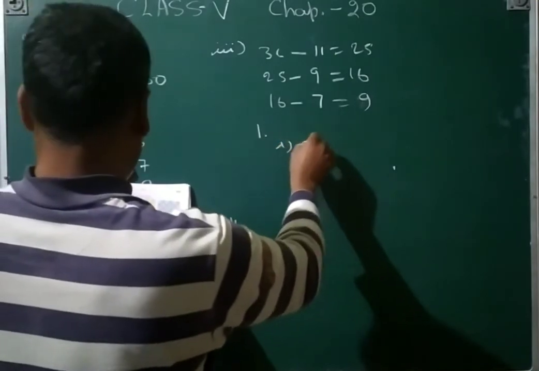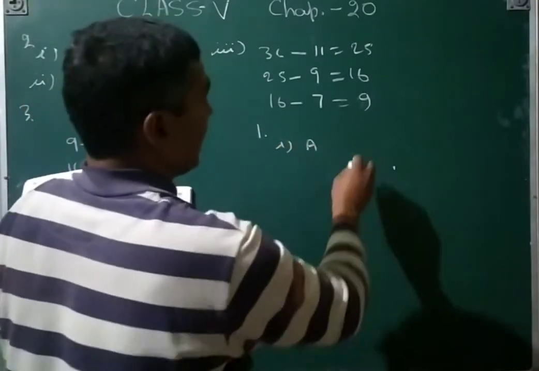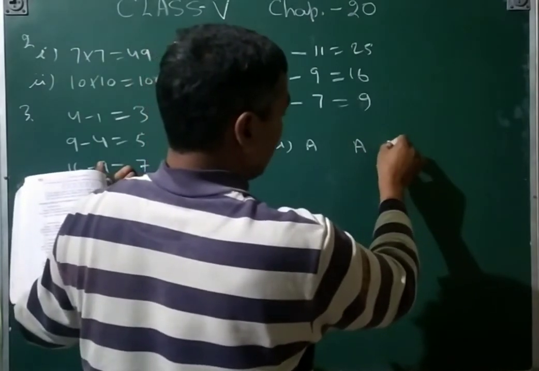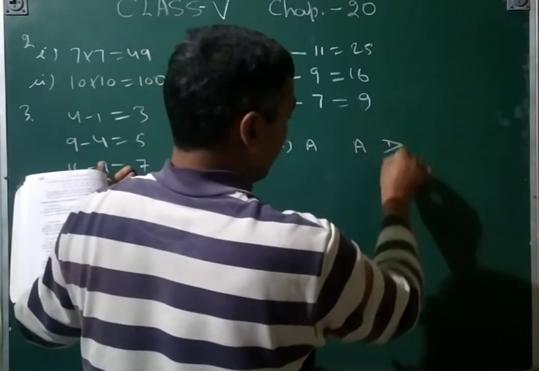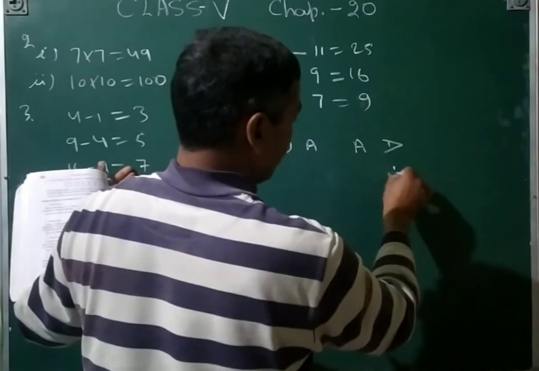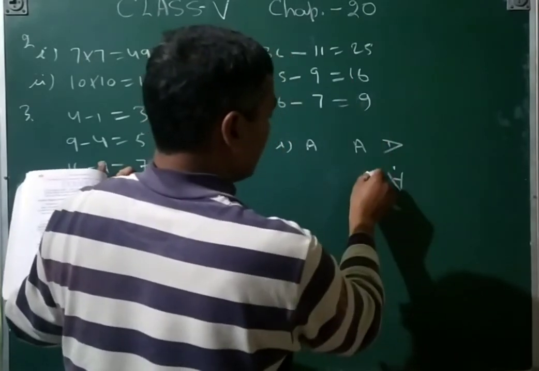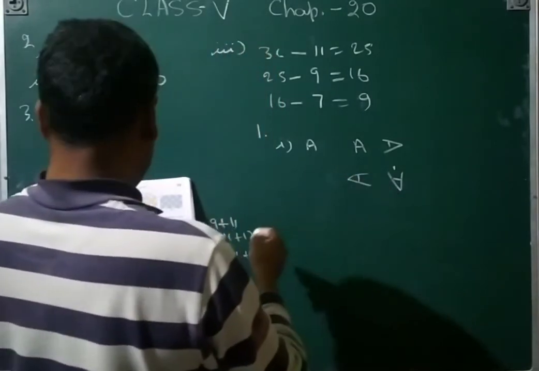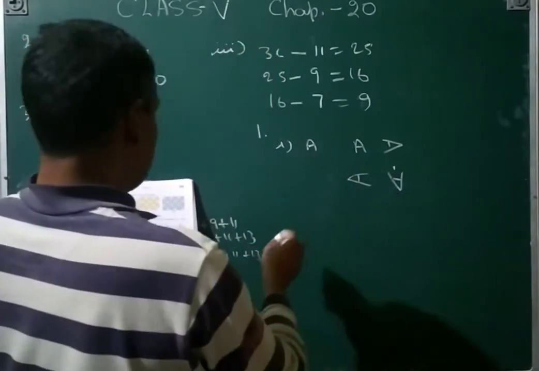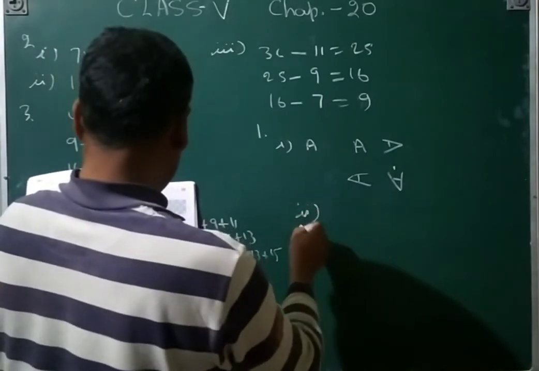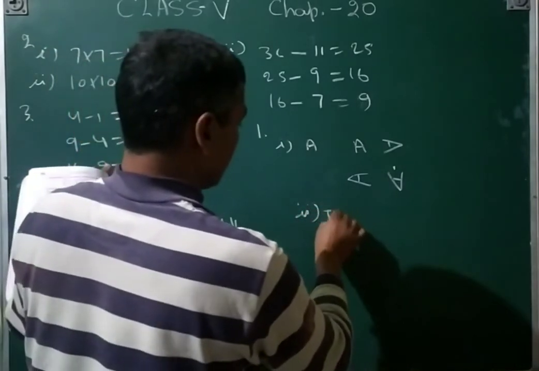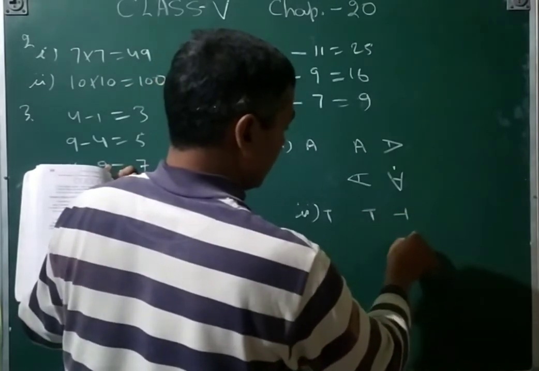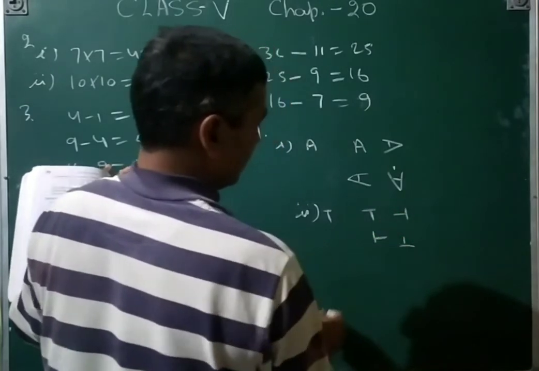And then first part, A. A we can write in many ways. That is an A, and then this one also can be A, and then this one also can be A from that side, and this one also can be A. This is the generation of the net. Like this, T also. So T like this, like this, like this, like this.